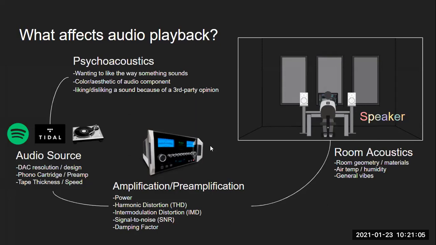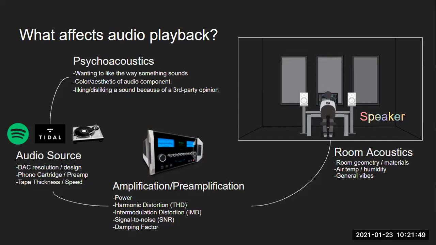Thank you. Yeah. So once you go on from the audio source, there's this whole other processing stage that happens before the music is actually played. We refer to that as amplification and preamplification. That's where you'll see a lot of distortion happening, specifically harmonic distortion. You'll see things happening with the signals themselves. Whereas once you get into the acoustics end, it actually coming out, the signal manifesting itself into kinetic energy, manifesting itself into sound that you hear, that's where acoustics plays a huge role.